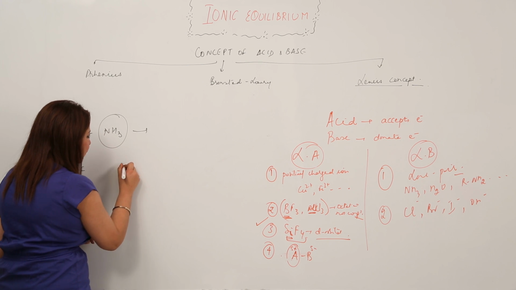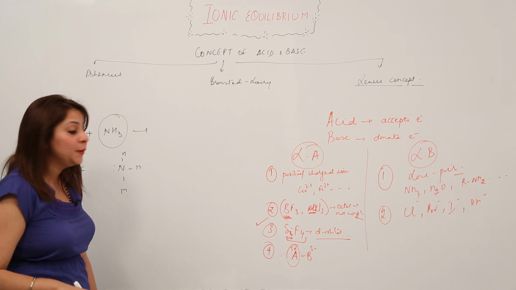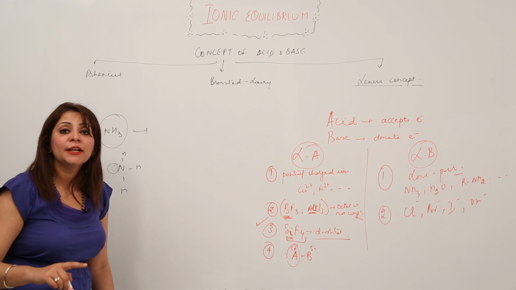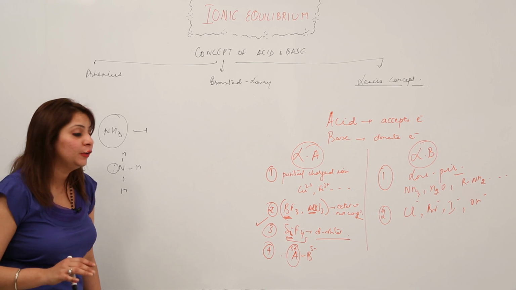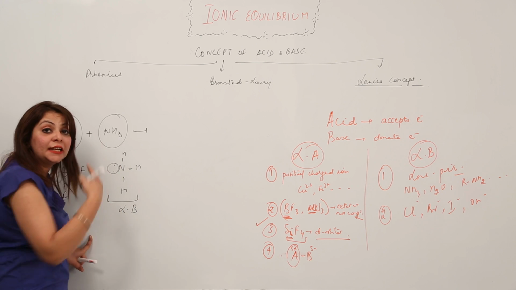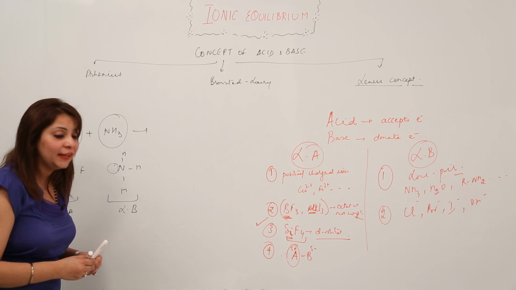And in the case of NH3, what do we see? The octet is complete, and moreover there is a bond pair as well as a lone pair present in it. That means there are extra electrons present in the ammonia molecule, right? So it acts as a Lewis base because it can be an electron donor, and BF3 can act as a Lewis acid because it is in serious need of electrons, right?